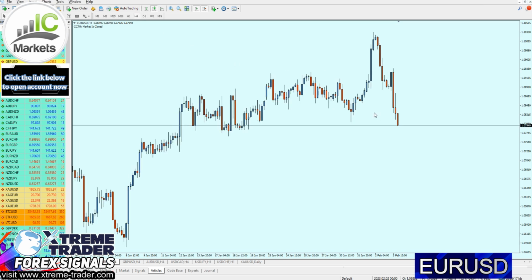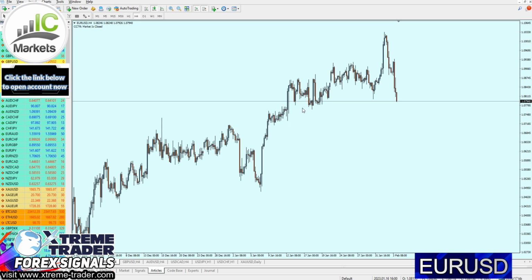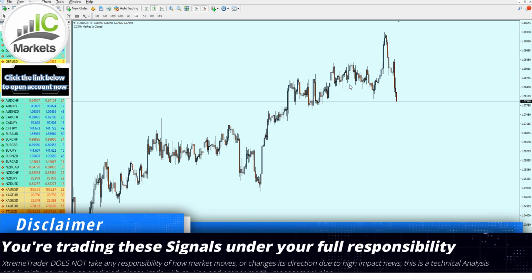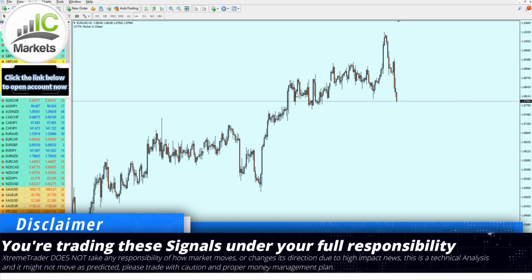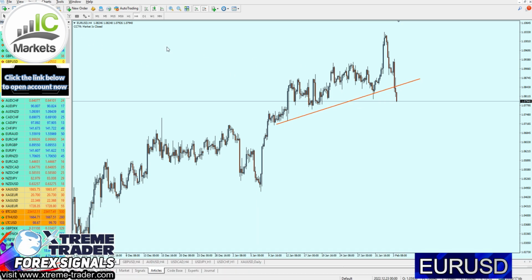Alright, so here is of course the 4-hour time frame, and what we can do right now is finally identify where exactly we can start shorting the Euro USD after confirming the direction on the weekly and daily time frame. Now, of course, what we can see right here, my friends, is that triangle. As we can see, this is where the market has made the bullish breakout from. Actually, let me just draw it again, make sure it's clear for you.